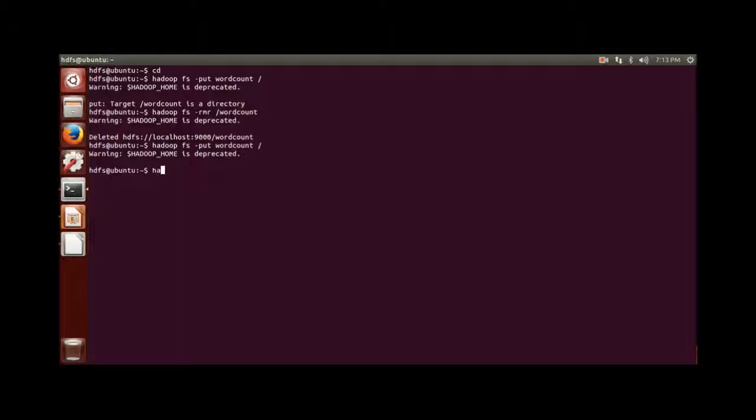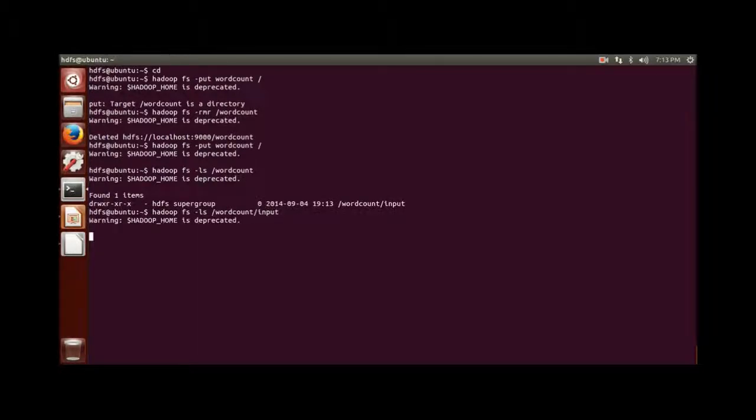Now check that the input data has been uploaded to HDFS properly with the ls command. Yeah, it has the input directory, and in the input directory it has the files. Now check the file content.